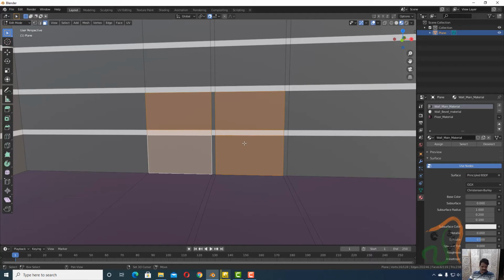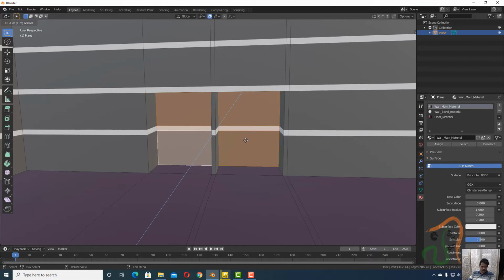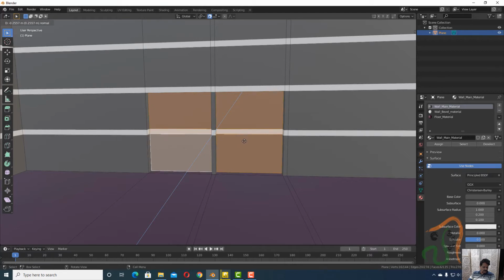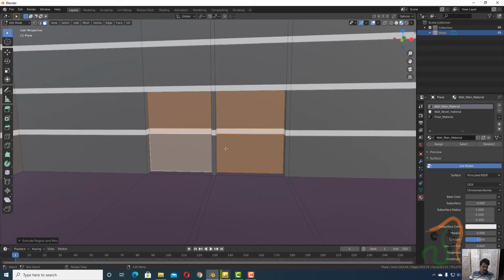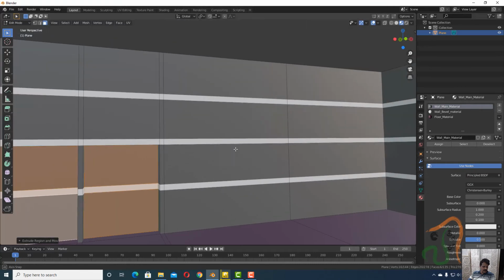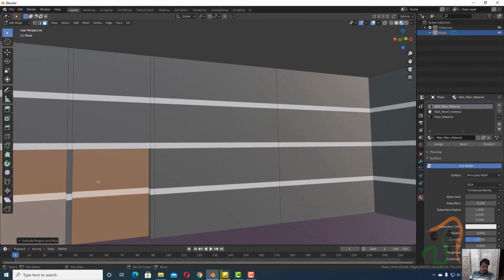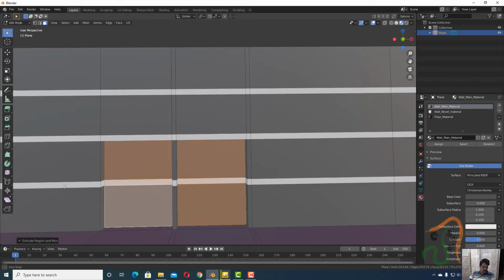Let us select it, press E and slightly extrude it outside like this. Okay, if required, press shift plus tab and remove that snapping, and slightly move it inside, so that, okay, this is fine. So we have added the required depth. So you can see here this has added the required depth.